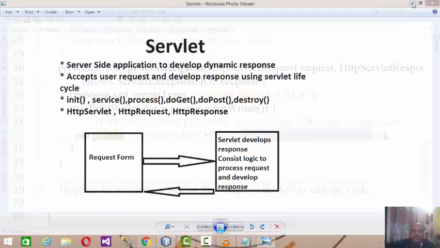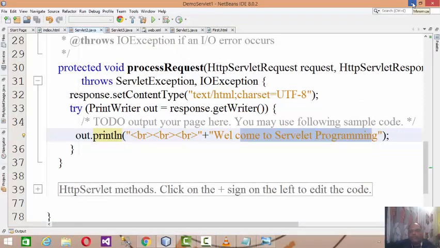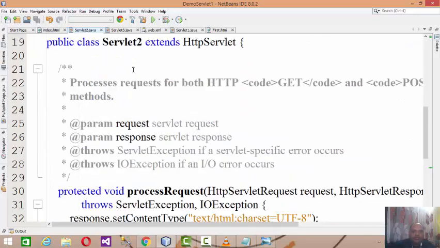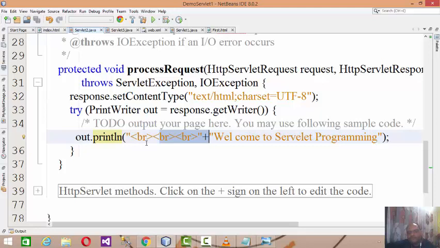The initial difference between the servlet and the JSP page is that in a JSP page we use scriptlets, which means we are embedding Java code in HTML. But in the case of servlets we are embedding HTML in Java. Here you will find mostly, or rather entirely, Java, and then whatever response you want to develop, you have to add the HTML in. So HTML in Java is servlet, and HTML containing Java scriptlets is JSP. This is the initial difference.